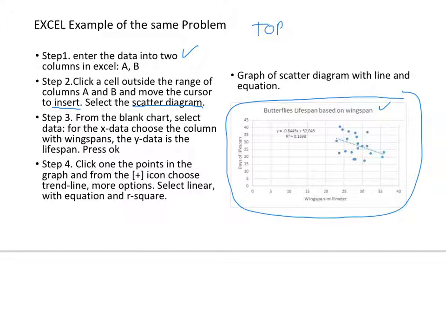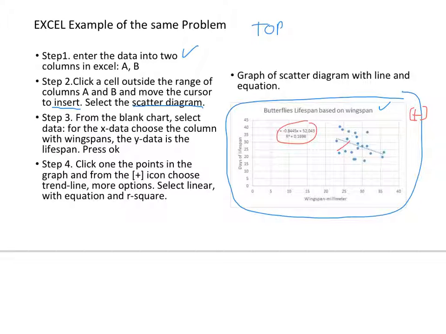How we get the equation and the line is that we click one of the points inside the chart, and on the side we get a plus icon, and we click that and we go down to trendline with more options. We select the linear with equations and the